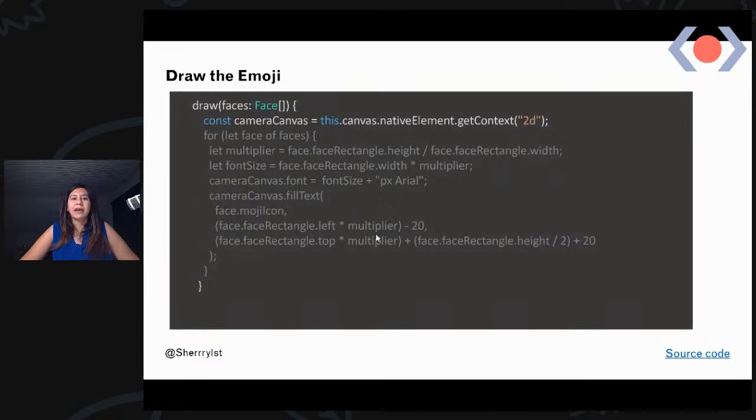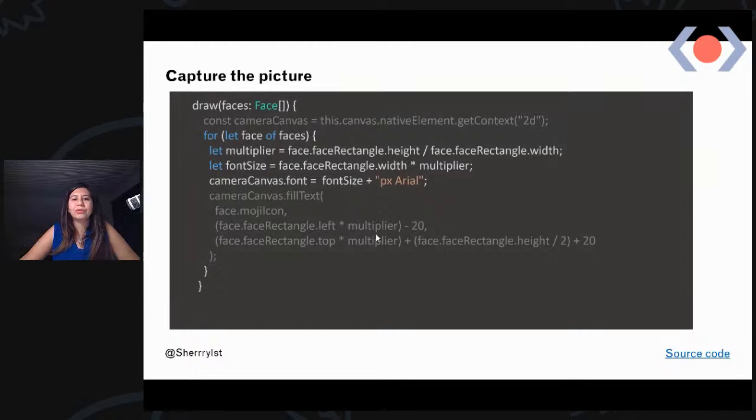In this draw method, I have the array of faces with the position. I get a reference to my canvas, and then I need to do some calculations, because the emoji is just like a font. I need to make sure that the scale is correct, because when you are closer to the camera, your face is bigger, and when you move back, it is smaller.